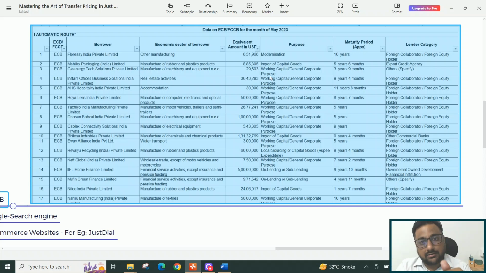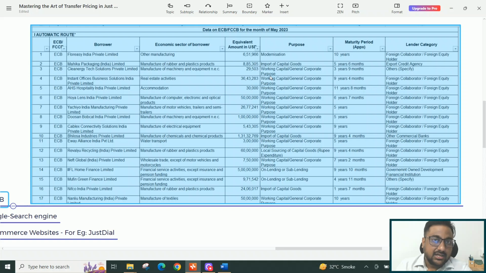You can also access prior 3 years data, that is, from the prior 3 financial years, starting from financial year 2019-20, then 2020-21 and 21-22, right? Or probably 2022-23 data also you can include. So that particular 3 or 4 year data you can consider, and appropriately arrive at an arm's length interest rate by analyzing that data, then refining it, filtering out the transactions which cannot be compared, and then you come up with a final data